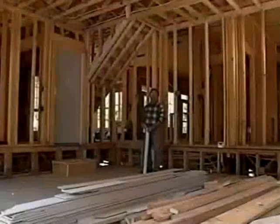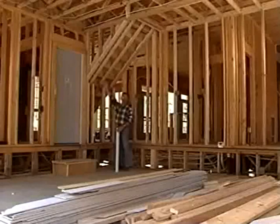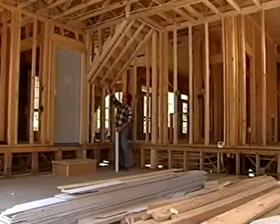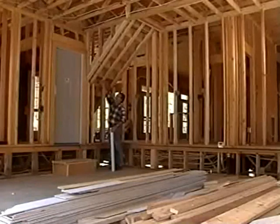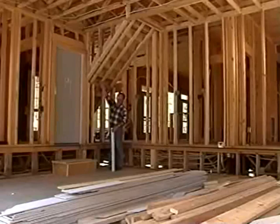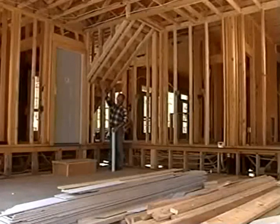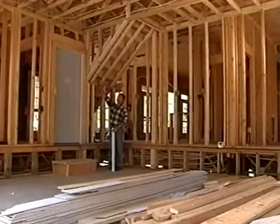Here we are in the garage, and we have a stairway on the exterior of the building. It seems almost obvious that there's very little room to insulate the bottom side of this stairway. You, the framer, could make a major difference in the comfort of this house just through the framing details of